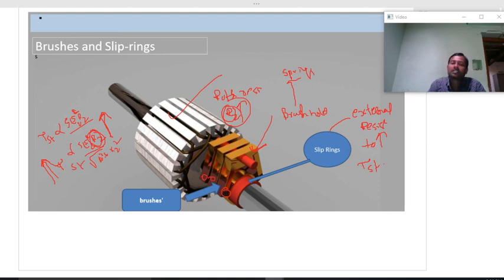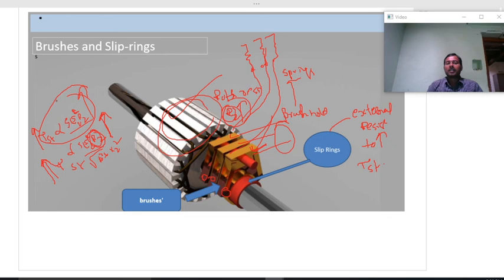We can place the external resistance through these slip rings. This setup will be available by placing this external resistance to these three slip rings. So a resistance will be added inside the rotor. If the resistance increases, torque at the starting increases. So for high starting applications, this slip ring induction motor or wire wound induction motor is used, like lifts or traction, nothing but locomotive applications, wherever high starting torque is required.